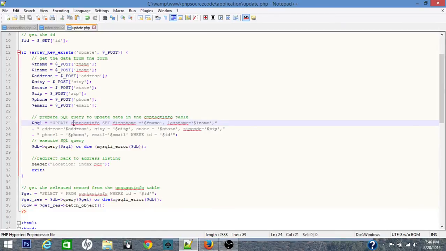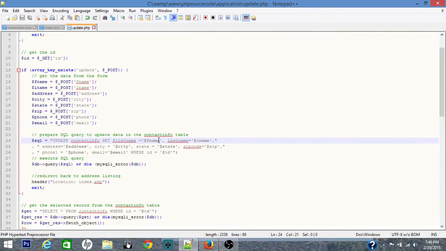So what we're updating is contacts, update contacts info, set first name equals to the data that's passed in from the form, and the condition is where ID equals the parameter ID, and then it executes the query. Once it executes, it will redirect you back to the index,